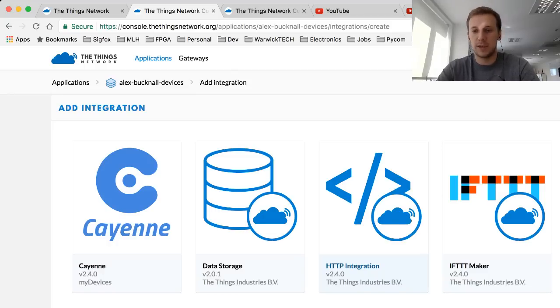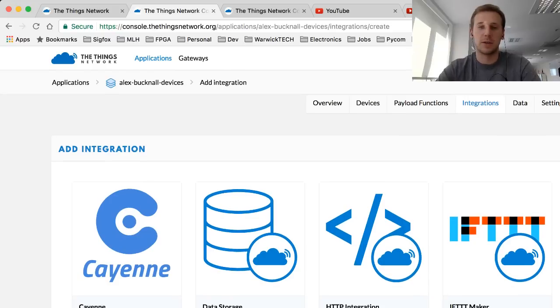Or you can also use IFTTT. If you're in the Maker community, you'll be aware that you can do a lot of really interesting integrations with other platforms, things like Slack, Dropbox. Lots and lots of different organizations get involved with IFTTT to allow you to connect various different products up to one another. So for example, you could take your LoPy, have it set up so that when its data is received by the Things Network, it then forwards that data onto IFTTT, and then that sends a message to maybe Slack or sends you a text message or an email to update you about your information. So there's a number of different integrations you can use and a number of different things you can